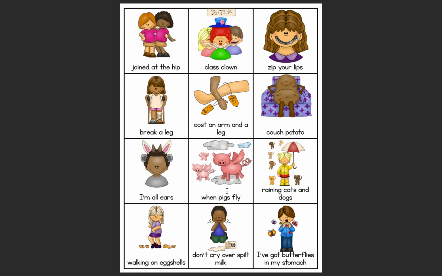When pigs fly. I'll give you a sentence on this one. We will go to Disneyland when pigs fly. And that just means it's highly unlikely that we are going to go to Disneyland. It's raining cats and dogs. It literally won't be able to rain cats and dogs from the sky, right? So the non-literal meaning of that just means that it's raining a lot today.